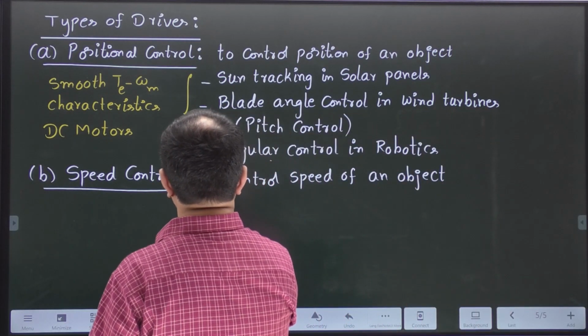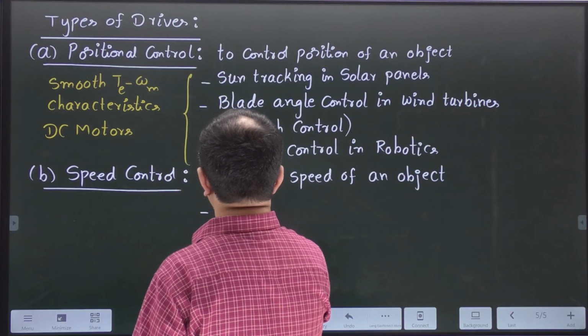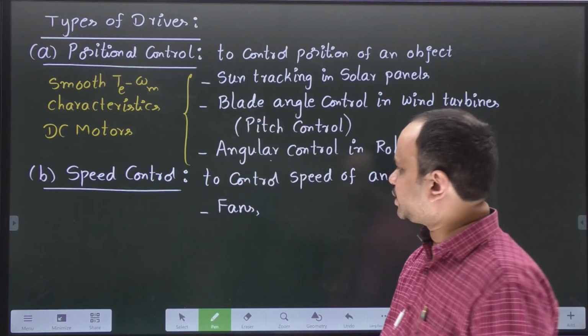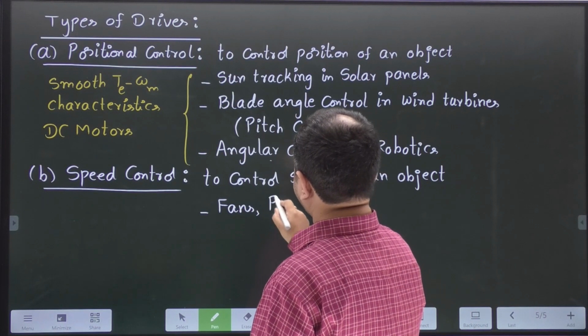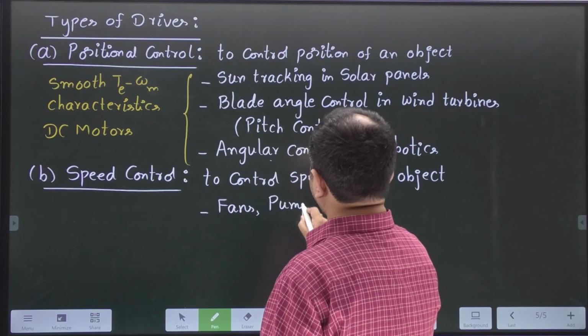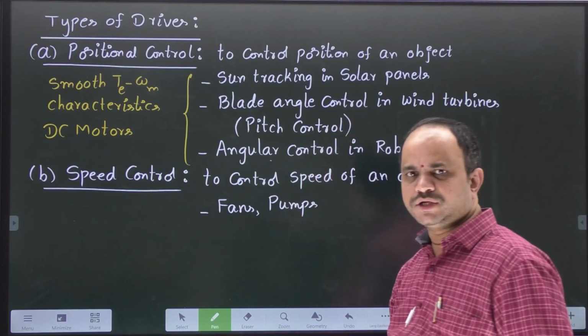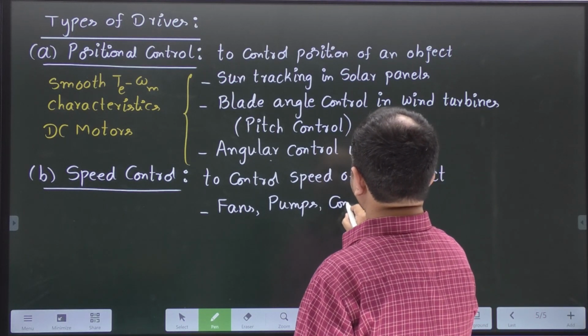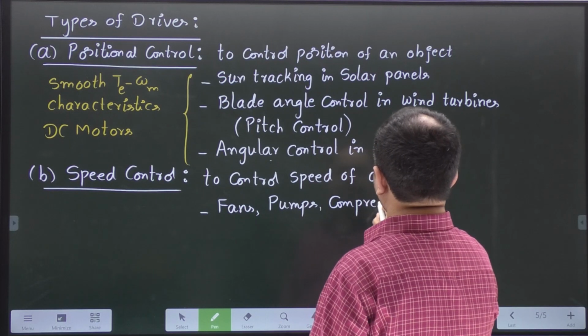So, what are the examples for this? Fans, pumps, where we control the speed of the shaft, compressors